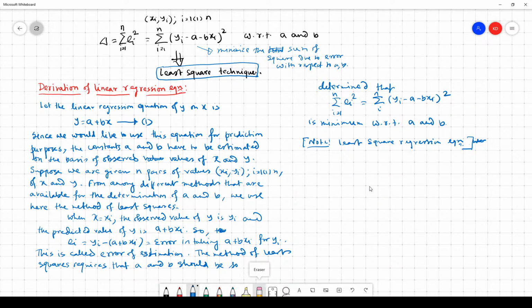This is one of them, not the only one. The other methods you will learn either in the next semester or at master degree level. Okay,